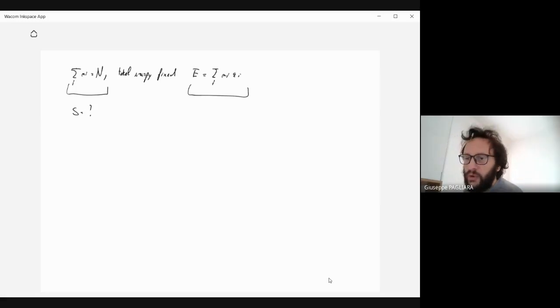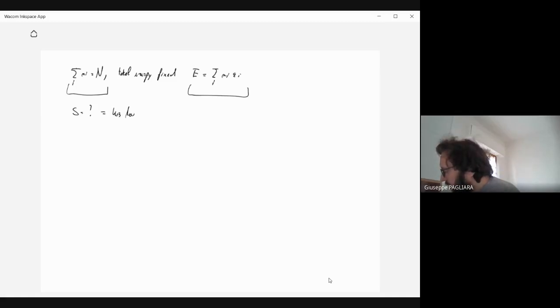Now the constraints are two. And therefore the combinatorial, which was easier in the previous case where I had just one constraint, and I could use the fact that k to the power of n is the sum of all the possible multinomial coefficients, is more difficult in this case. So in principle, S should be kB the log of